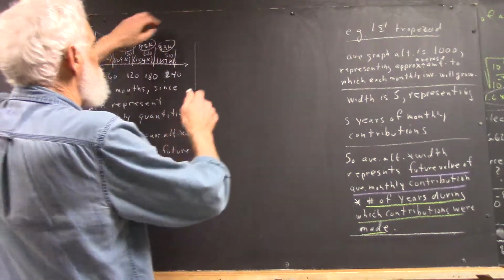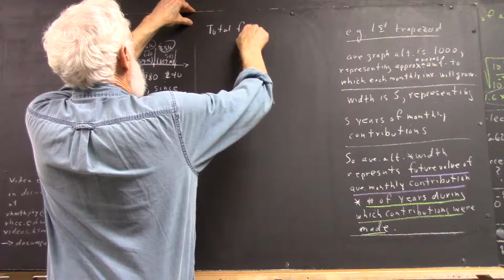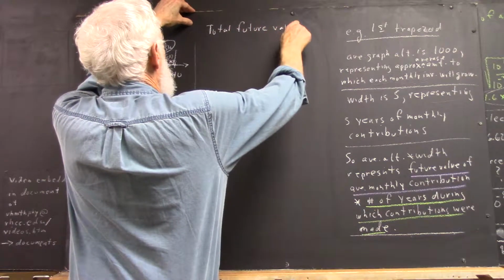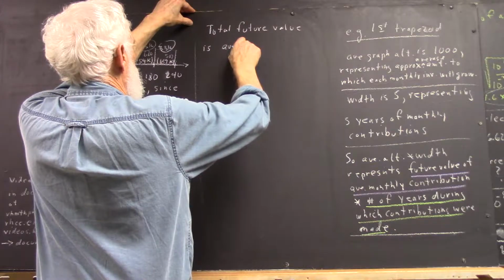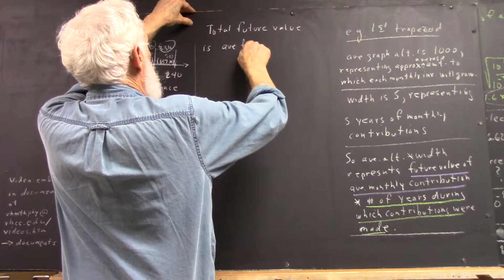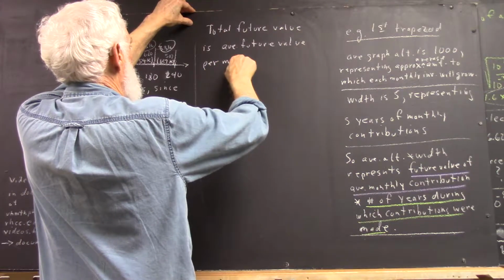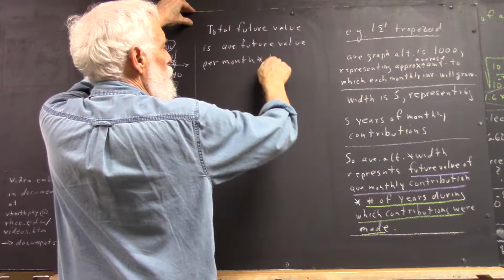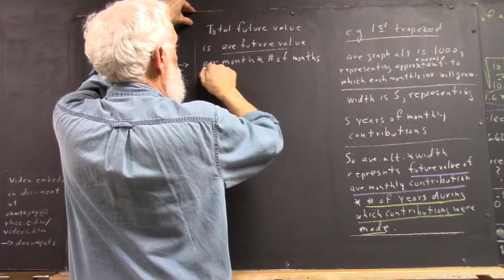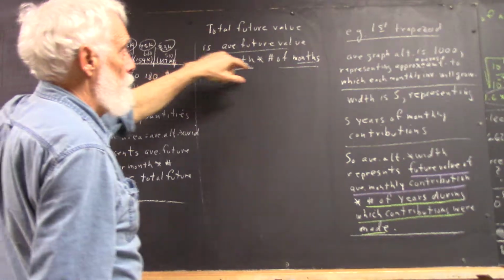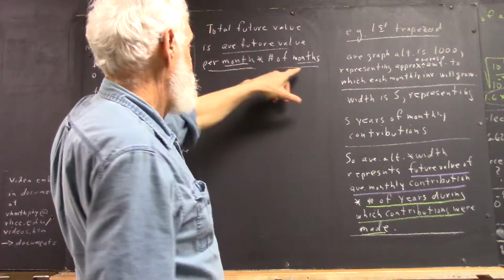So the total future value could be expressed as, well, let's put it this way, average future value per month times the number of months, with emphasis on using months as the basis for your rate of accumulation and for your unit of time